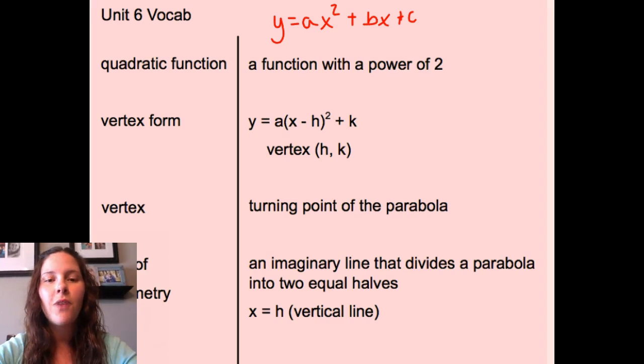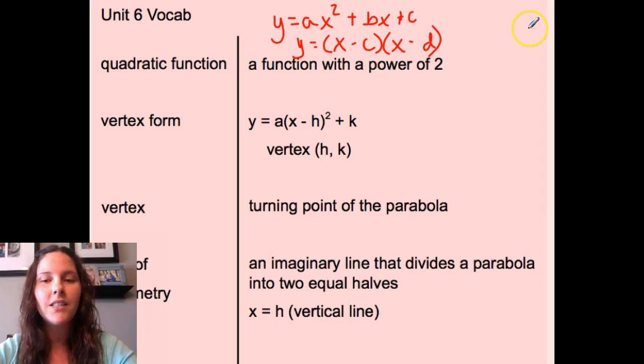And we've seen them in factored form. Y equals x minus c times x minus d. Now those could also be positive. There's a third form of a quadratic function, and that is vertex form, which is what we're going to learn how to graph first. So taking a look at vertex form, our a value on the outside tells us if